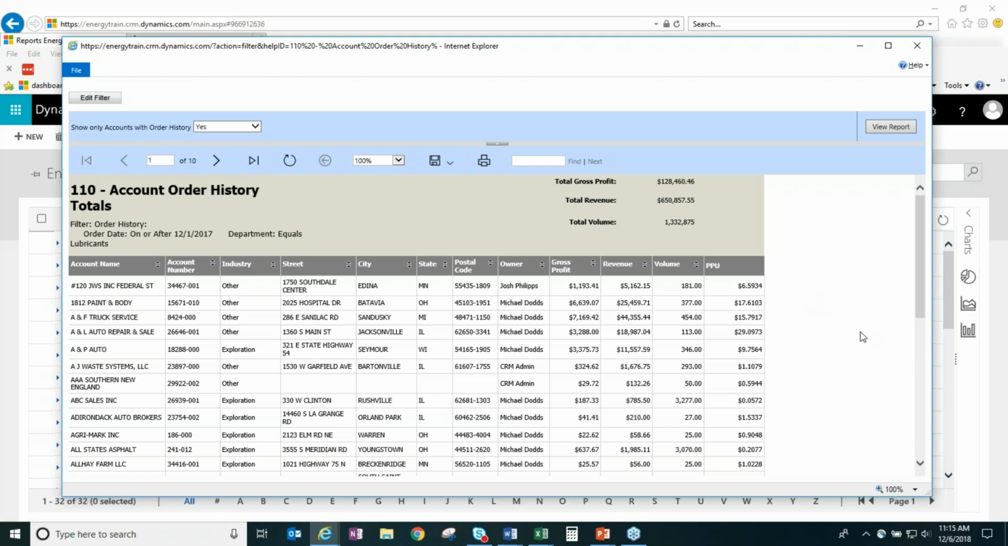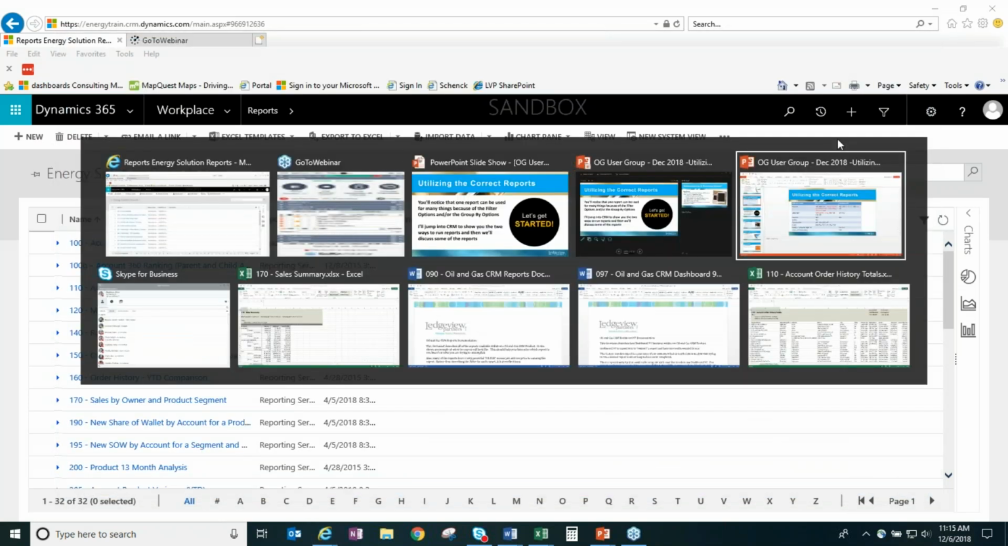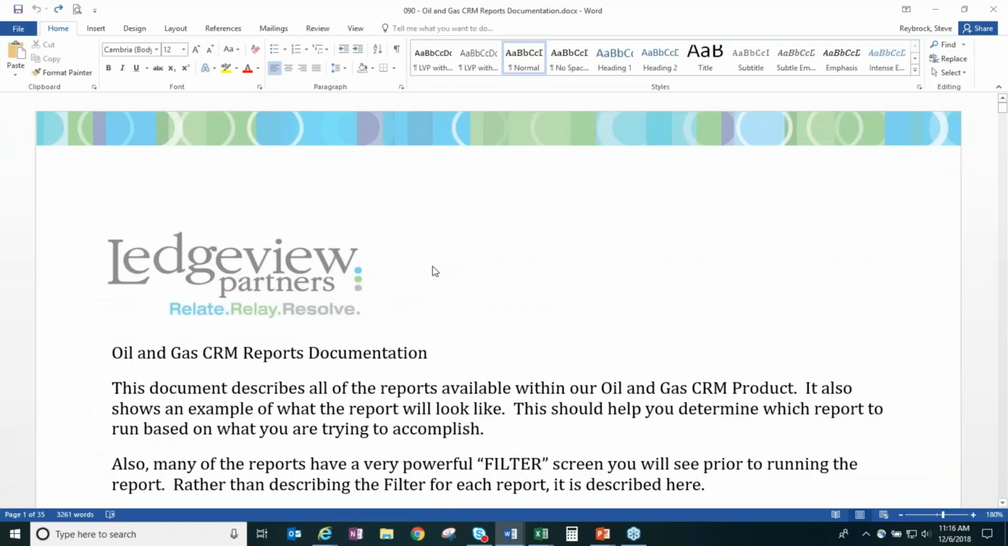All right. So now we know where the reports are. We know how the filters work. We know how to run reports. But really the topic of the day is, how do I know what reports are out there and what's important to me? So I'm just going to close out of this and hopefully be able to find my Word document. So this document is right in CRM. If you go into the document and workplace documents, it's just this document 90,